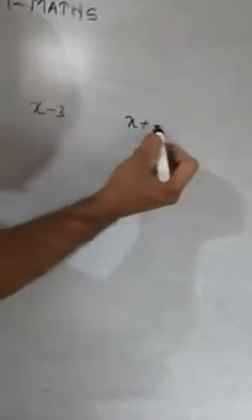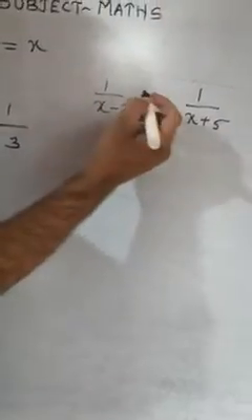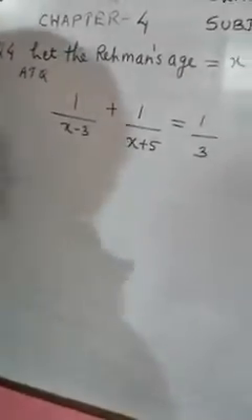See, it means 3 years ago his age will be x minus 3. After 5 years, it will be x plus 5. Now after that, what we have to do? We have to take the reciprocal. So I have done the reciprocal. Next, what did they ask? The sum of the reciprocal. Sum of the reciprocal means we have to add both numbers. Then the answer is 1 upon 3. So I have written this form. I hope you understood how to make the equation.